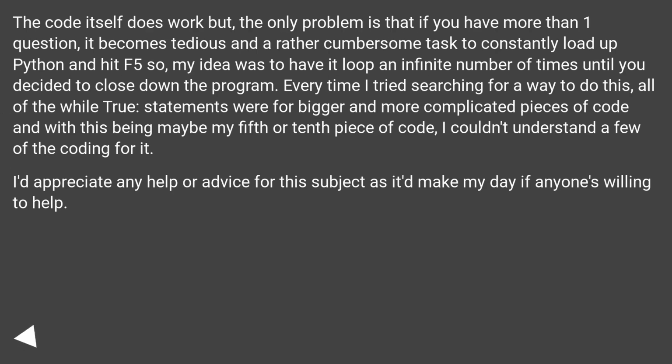The code itself does work, but the only problem is that if you have more than one question, it becomes tedious and a rather cumbersome task to constantly load up Python and hit F5. So, my idea was to have it loop an infinite number of times until you decided to close down the